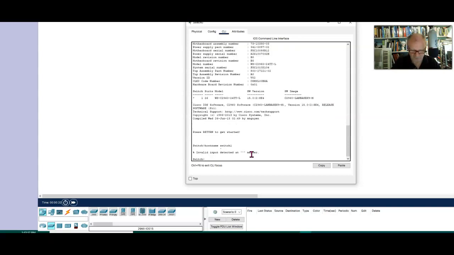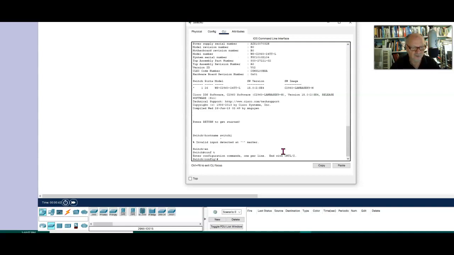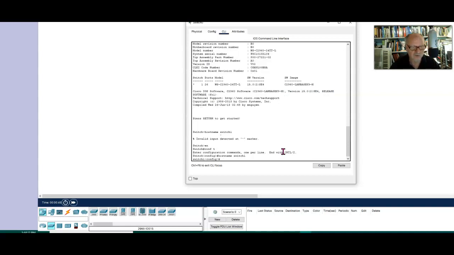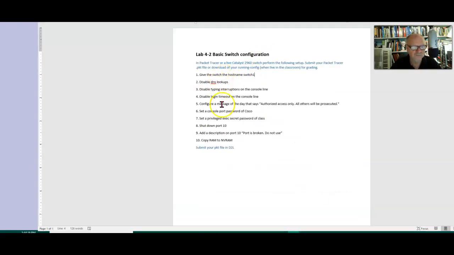Okay, I'm not in the right mode, so I have to be sure and get into enable mode and configure terminal mode, hostname Switch1, there, done. So I'm going to go through all 10 of those items in the instructions.